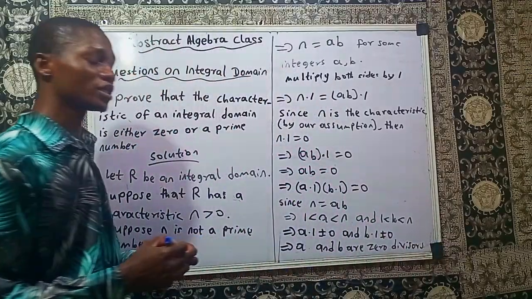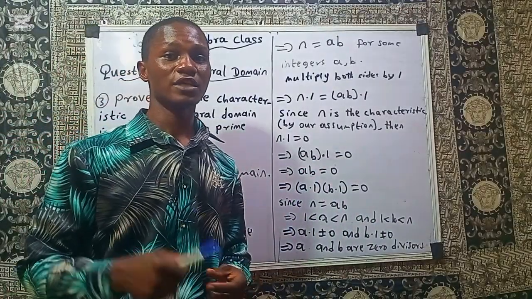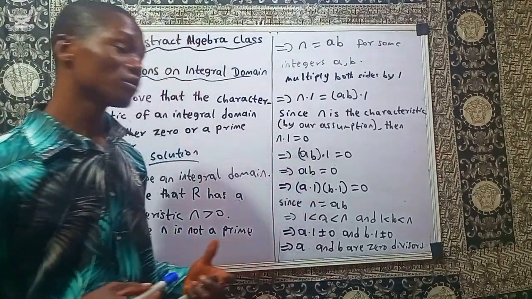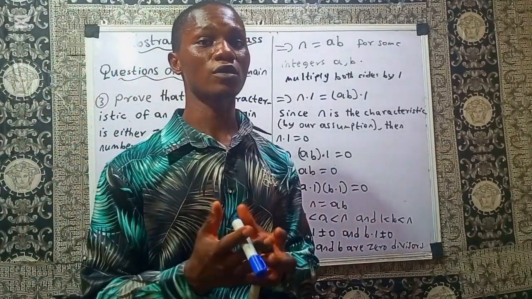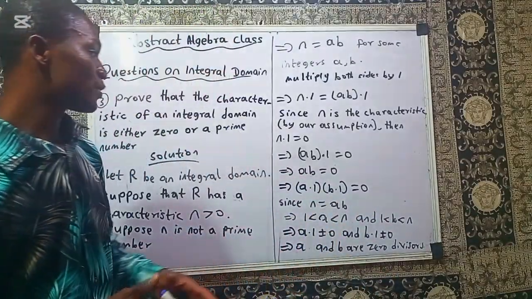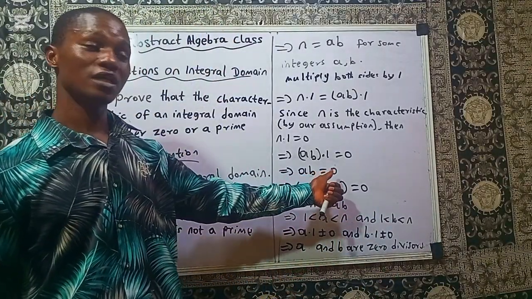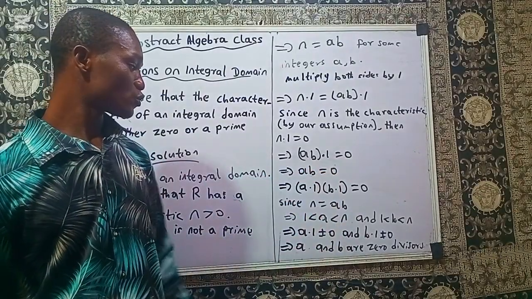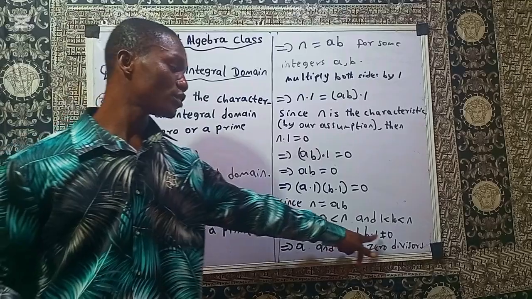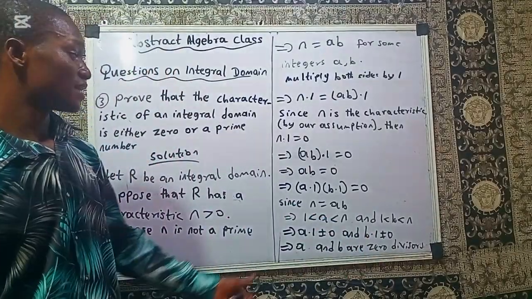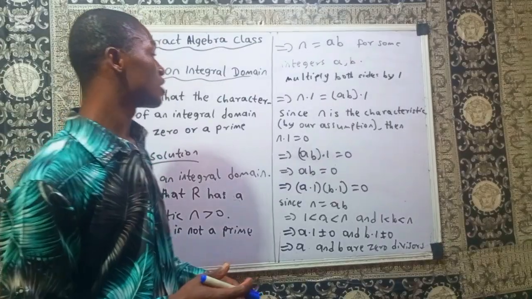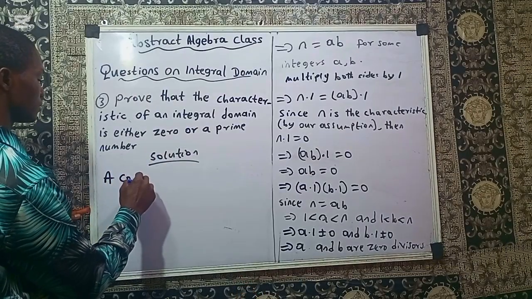Remember the definition we gave in our previous classes concerning 0 divisors. 0 divisors are two non-zero elements of the ring whose product is 0. So it happens that a times b is equal to 0, and we got that a is not 0 and b is not 0, which means that this satisfies the complete definition of 0 divisors. But this is a contradiction,